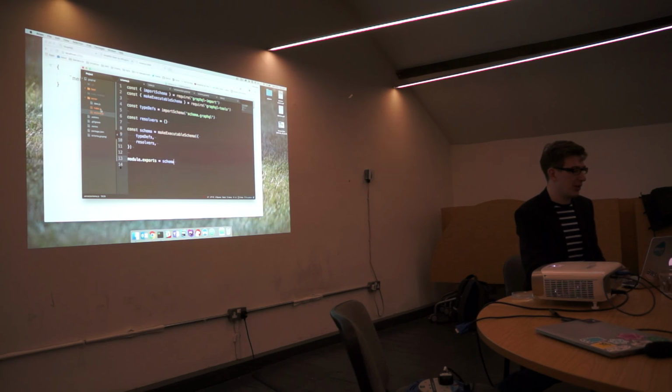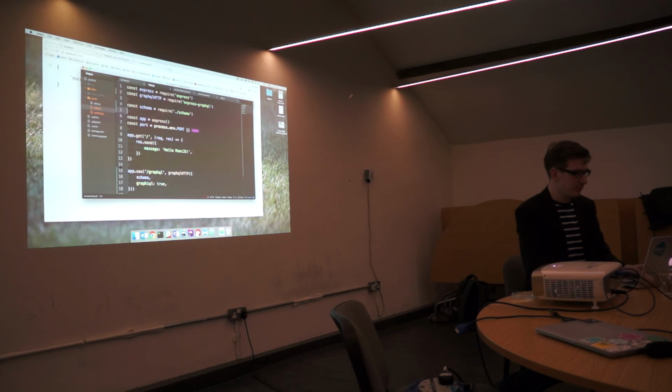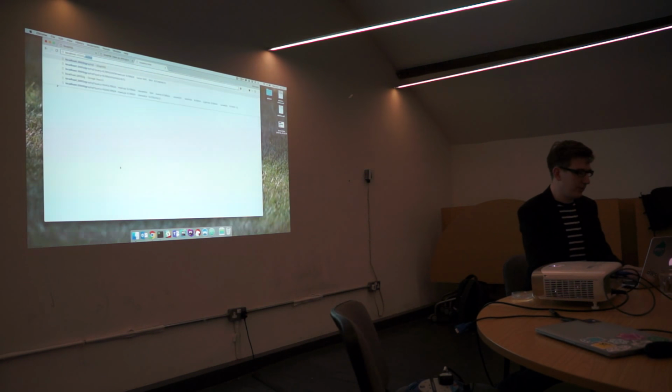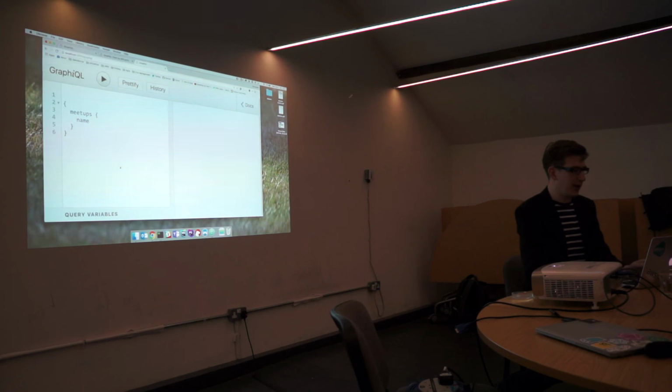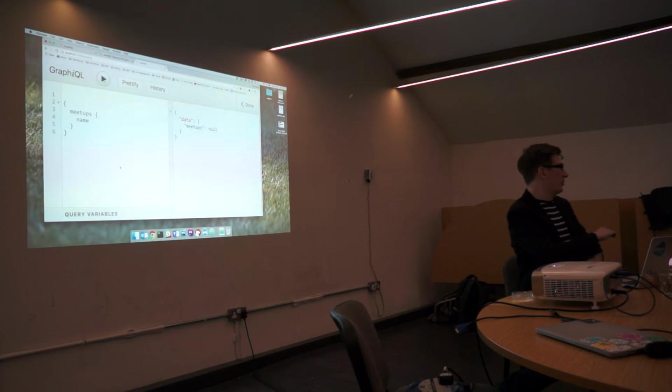Export that. So we can now go to here, pull that in. This is all I'm getting as well, so I'll share links out later in case anyone wants to look at this a bit more over time. Cool, so that's been worked. Excellent. I should be able to go to our endpoint, get our GraphQL and query it. At the moment we've not written any resolvers, so that resolves it, just really nothing.